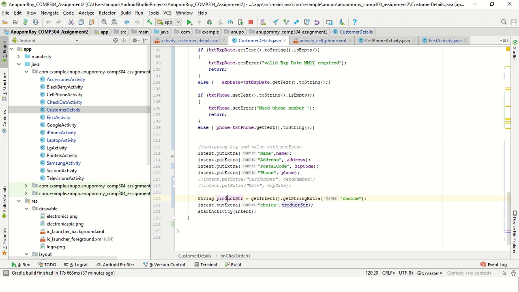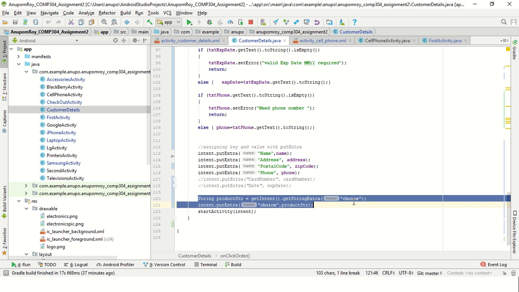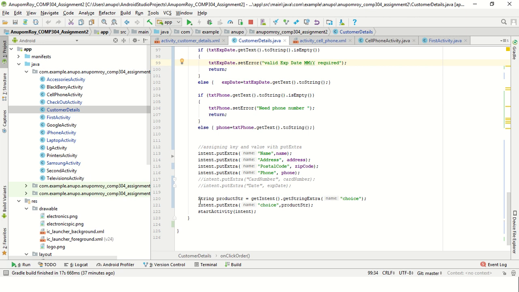So here, that's a very important line, and other than that everything is easy. Here there's some error handling, like needing a phone number, so these are error handling, but this is the important line. So what? Get intent, from the previous intent, get string extra, so we are getting the choice. I think you remembered, from the cell phone activity, just before activity,